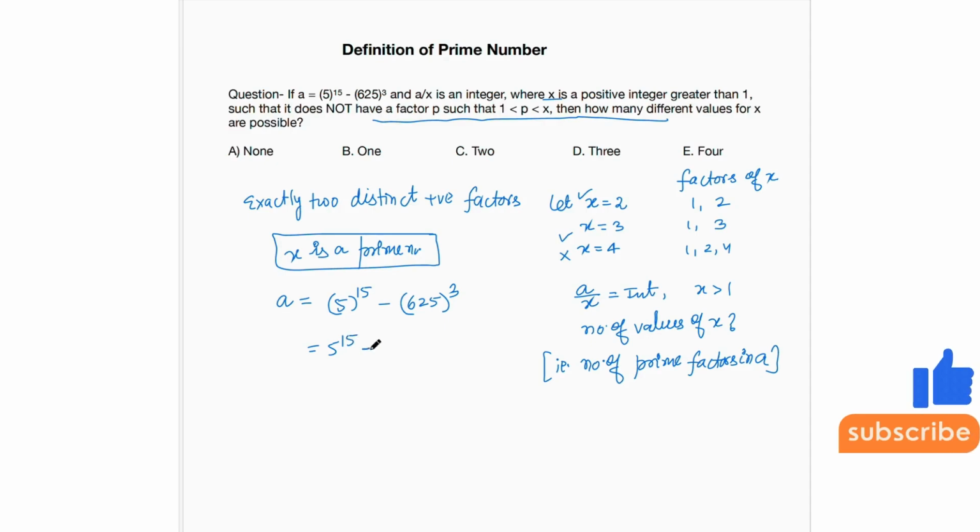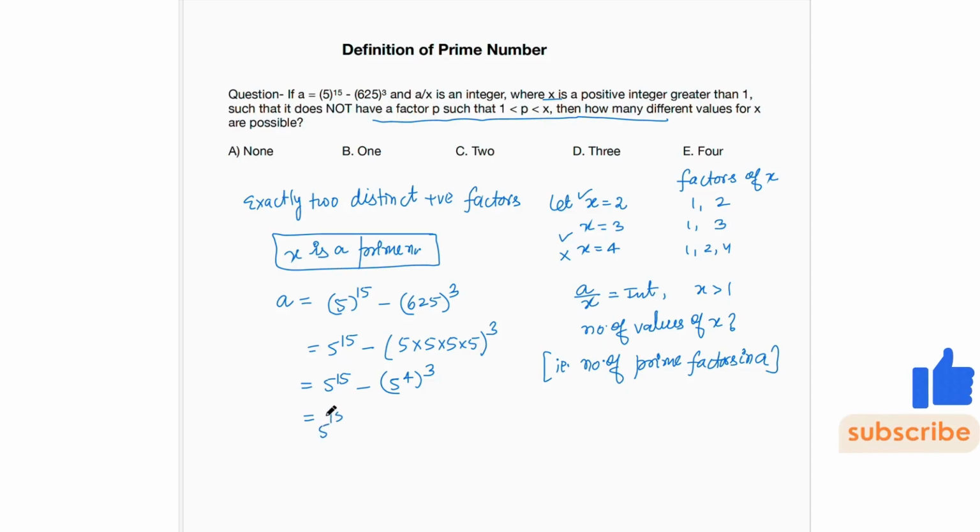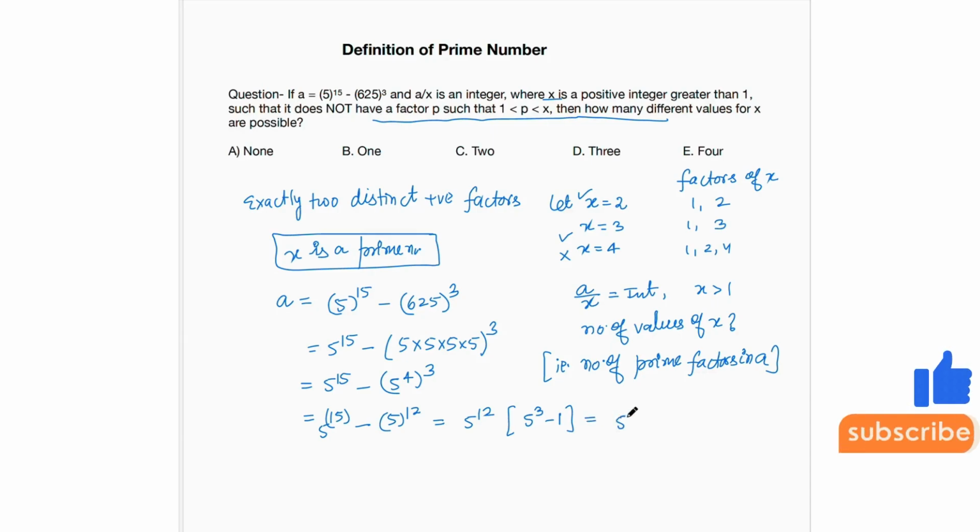That's 5 raised to power 15 minus, this can be written as 5 times 5 times 5 times 5 raised to power 3, which is 5 raised to power 15 minus 5 raised to power 4 raised to power 3. That's 5 raised to 15 minus 5 raised to 12. I can take out 5 raised to power 12 common. So that becomes 5 raised to power 3 minus 1. If I further rewrite it, 5 raised to power 12. Now 5 cube is 125, so that's 125 minus 1. So the final expression for A is 5 raised to power 12